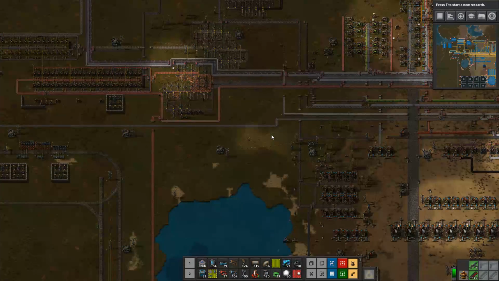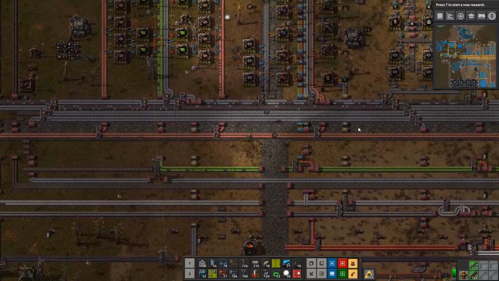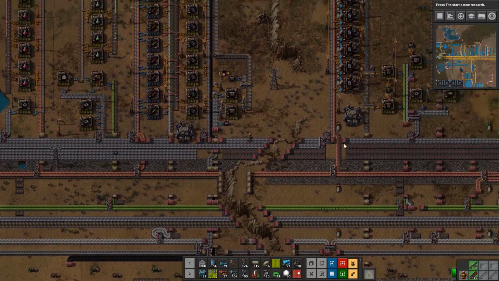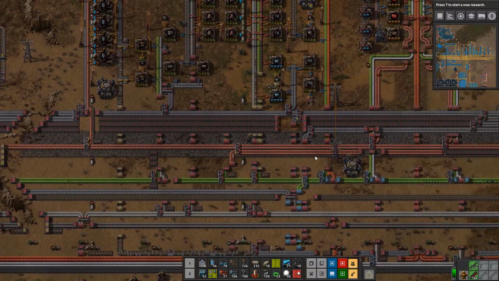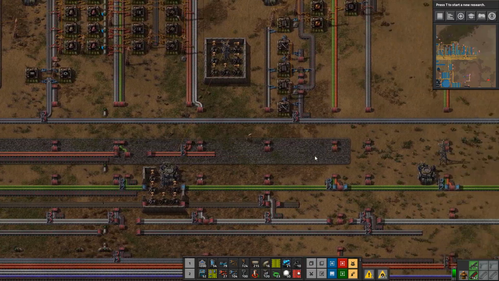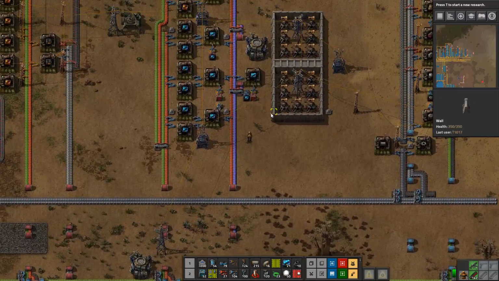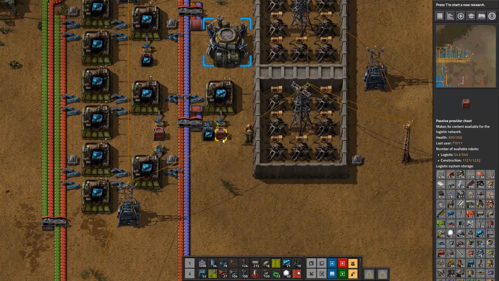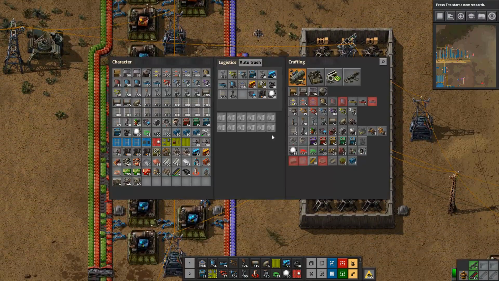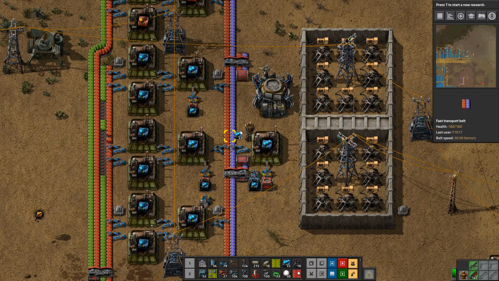Because before we get there, I want the modules. I want the productivity modules in the labs themselves, because 20% productivity is going to make a massive difference. It's going to basically make all our science 20% more useful. I'm not sure if useful is the correct word to use there, but so let's do